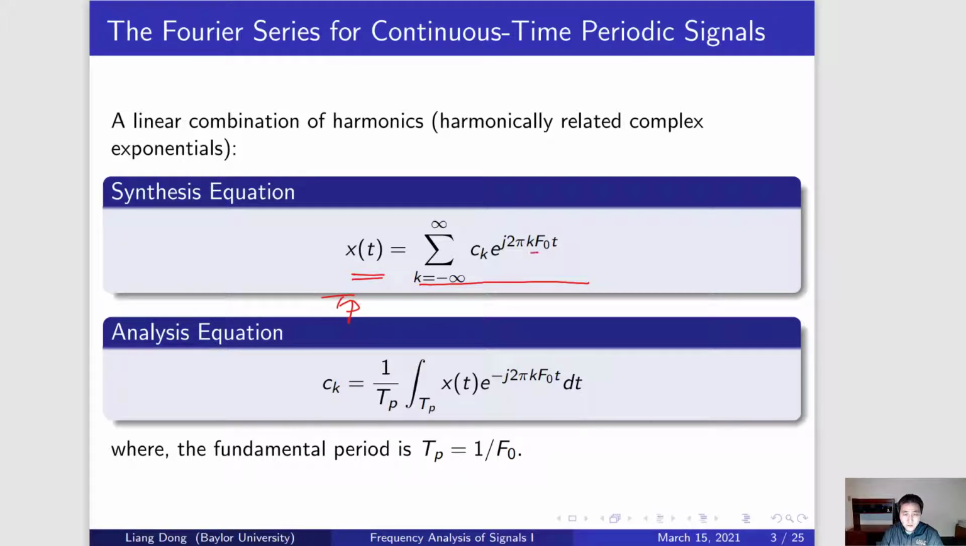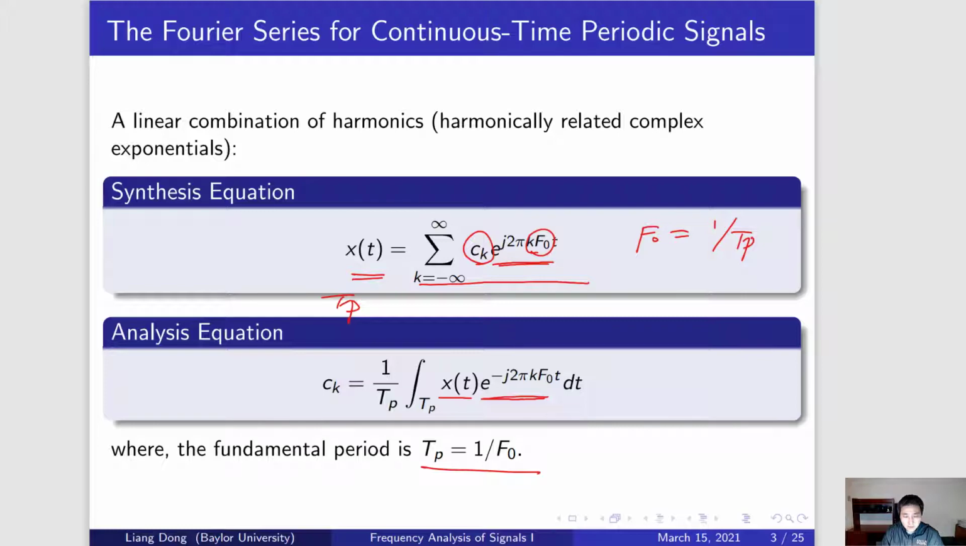Here we know k f0, and f0 is the fundamental frequency, that is 1 over T sub p. On the other hand, all these complex weights, c sub k, can be calculated. We can calculate it using an integration: integration of x(t) times this core. Now compare with this part, what we have here is e to the